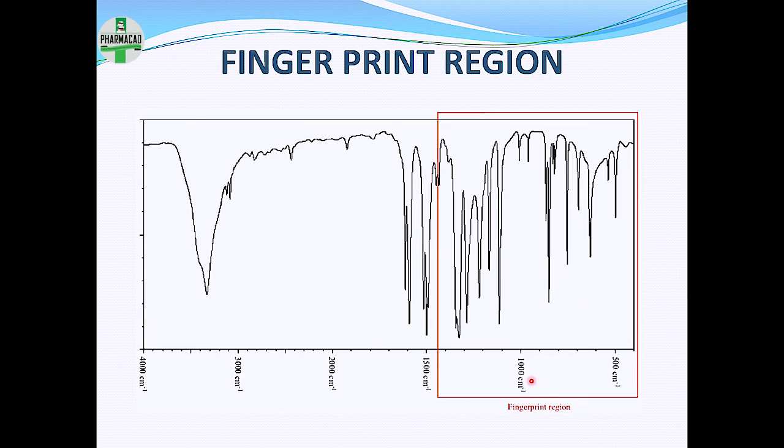Here the bending vibrations are greater than the stretching vibrations, and any small difference in structure or constitution of a molecule will result in very significant changes in absorption bands. So that is why this fingerprint region is very useful for detecting slight changes in the molecule. Any slight change in the structure or the orientation of the molecule will give us strong bands in the fingerprint region. Many compounds show unique absorption bands in this region, which is very useful for identification of various compounds,